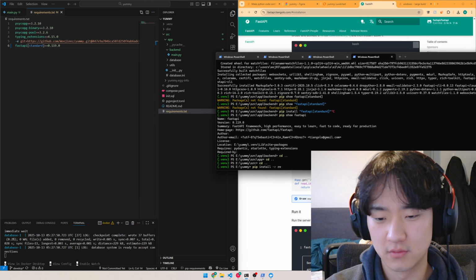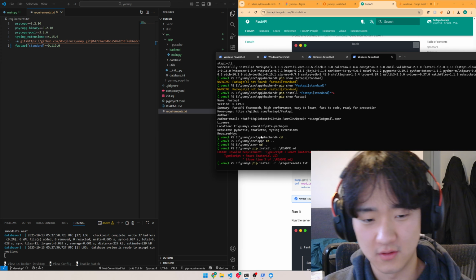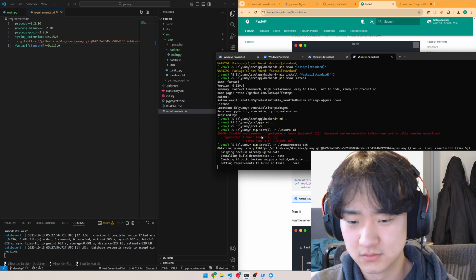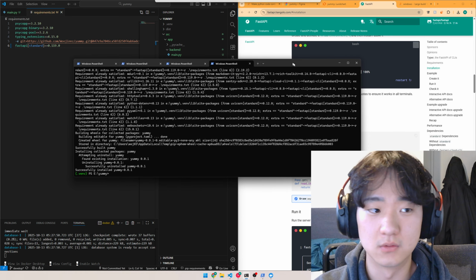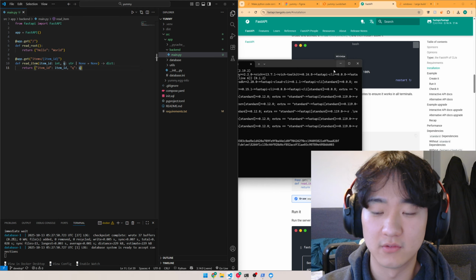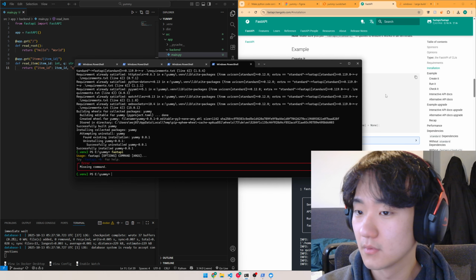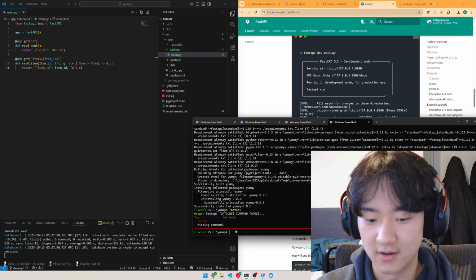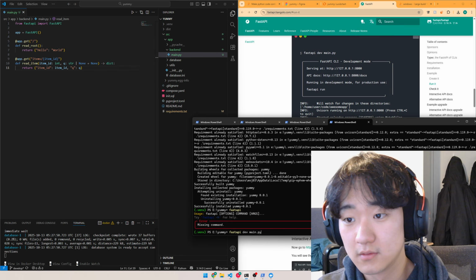Can it see that? Can it see FastAPI is correct? Okay. Yeah, okay, cool, nice. If I do FastAPI, it now works. Cool. So if I do FastAPI dev main.py,